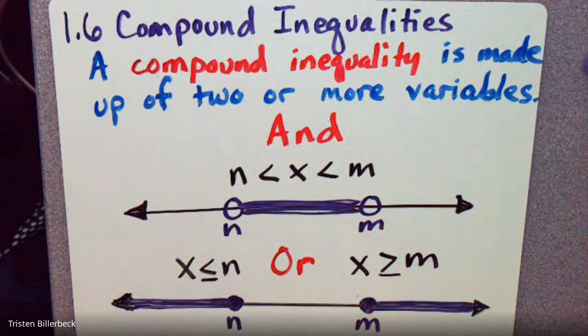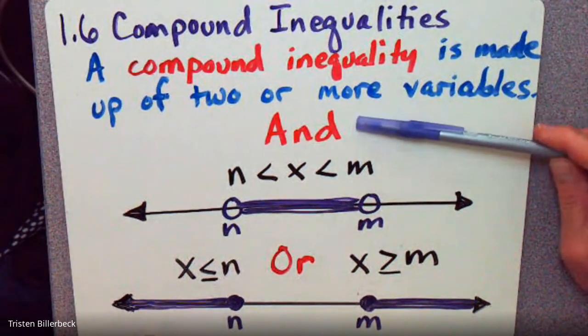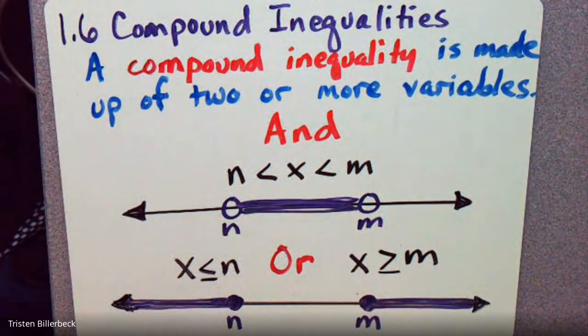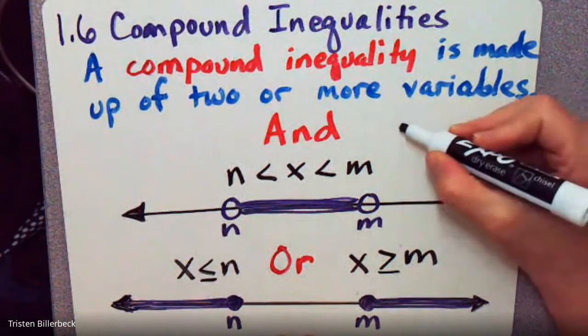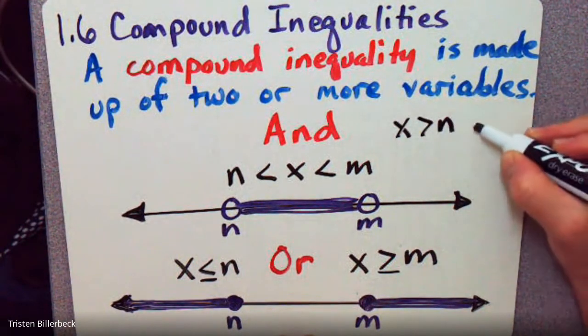A compound inequality is made up of two or more inequalities. So we have two conditions for a compound inequality. We have the AND situation. So this AND situation could look like this, where x is greater than n and